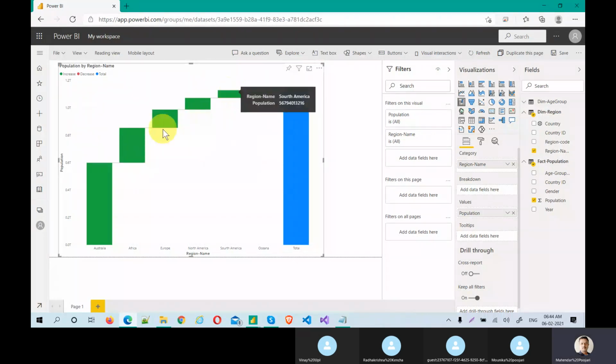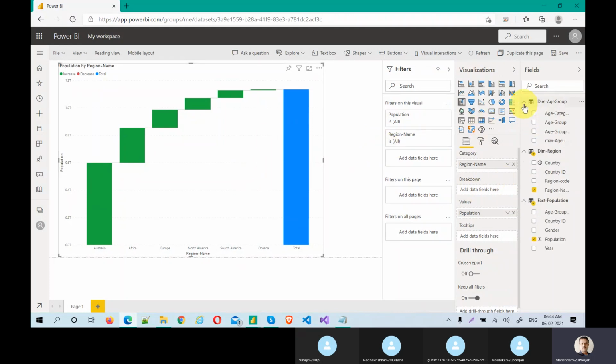These are all the contribution to the total. But again, we have not put in the breakdown. If you put the breakdown, this visual entirely changes. Let's say I put age category in this breakdown, you can make it a little bigger.